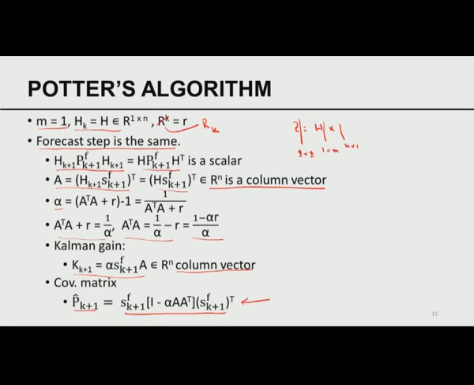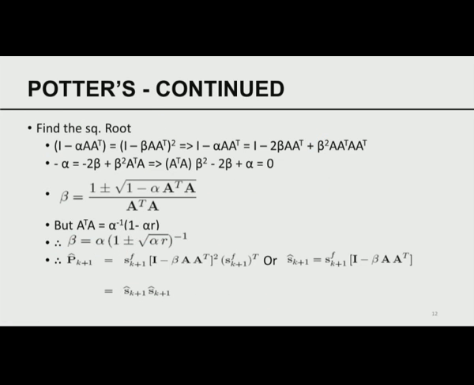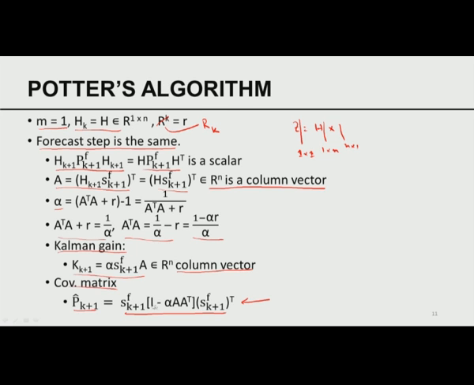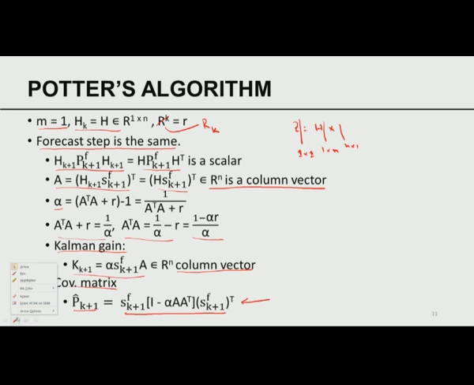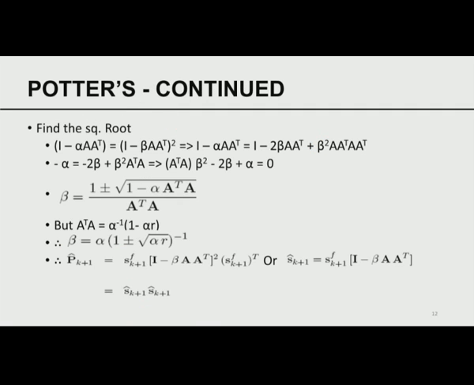Analysis covariance at time k plus 1. Please remember, I'm talking about the data assimilation step, where we compute the Kalman gain and the analysis covariance. Now, this factor is already in square root form. So to get a square root, I need to consider the square root of only the term within the parenthesis. The analysis is very similar to the general case we talked about. So the square root of this matrix